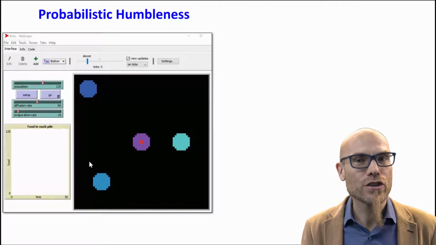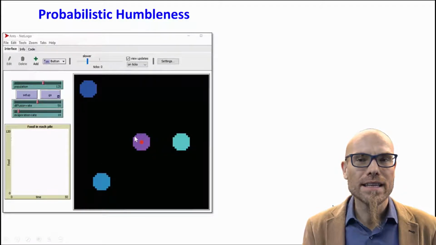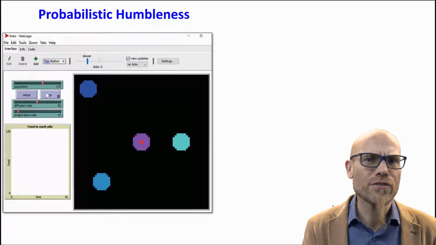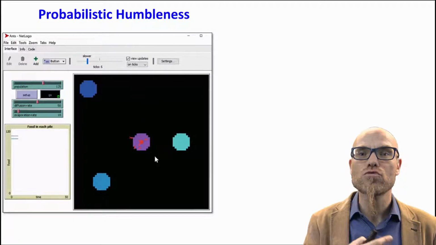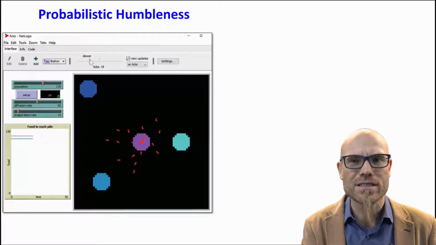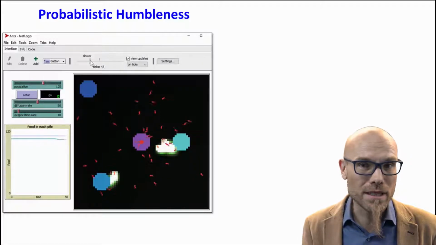So this is a simulation of ants. We have an ant colony here in the middle, and this ant colony looks for food. We have 3 food sources, one closer, one a little bit further away, and one furthest away, and the ants randomly walk around. They cannot see, they don't have any vision, they don't know where they're going, they're just doing a random walk, just like dumb little ants.